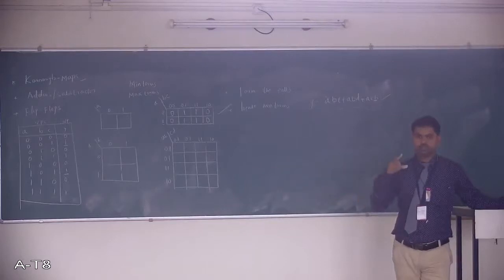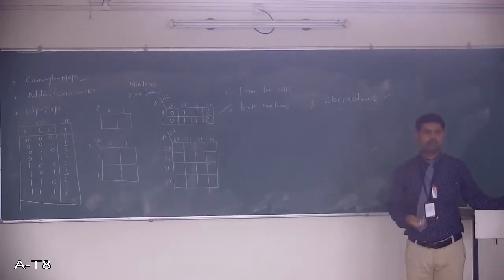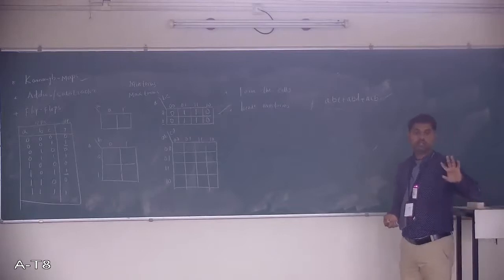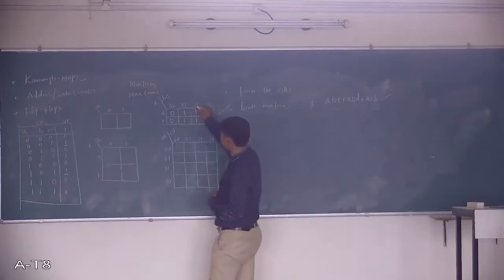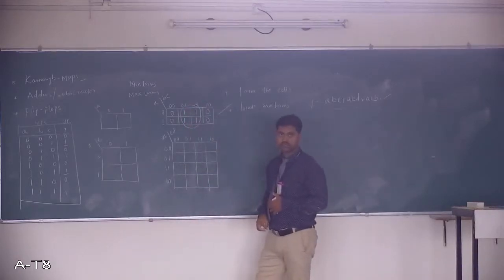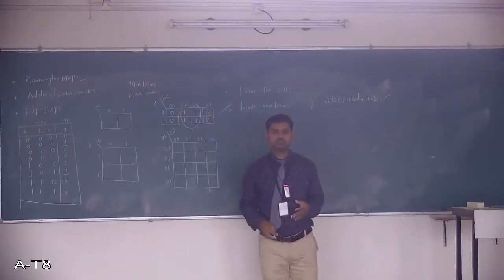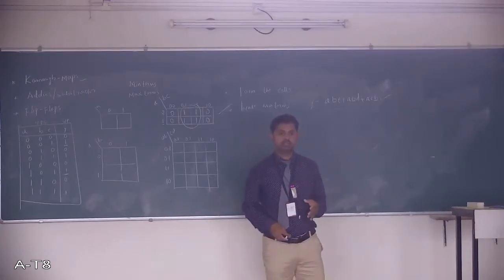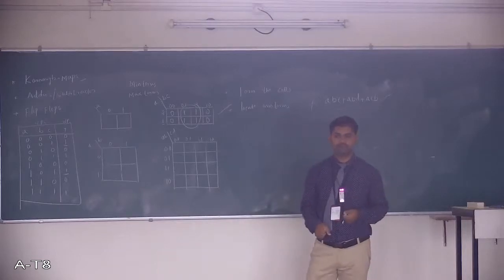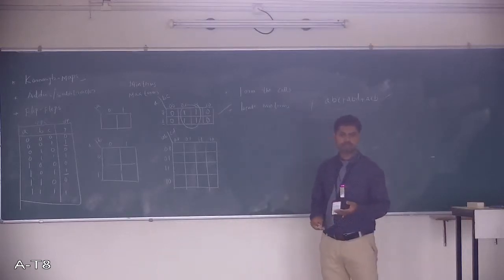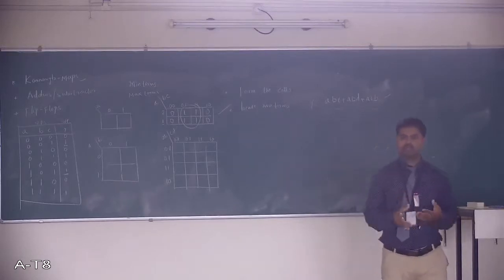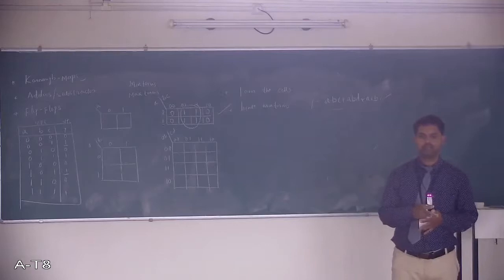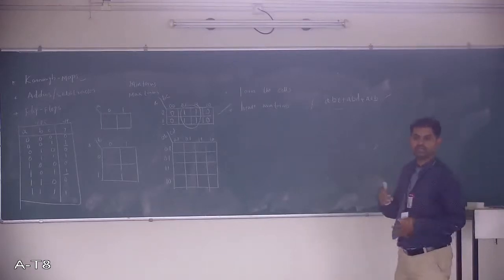What will be the volume of the grouping? It's a quad type of grouping, 4 cells. So group it. All 4 cells, you group like this. Then you should write an associated expression. That expression we are calling a prime implicant. Your output expression normally has certain prime implicants. How to write the expression? It's very simple.